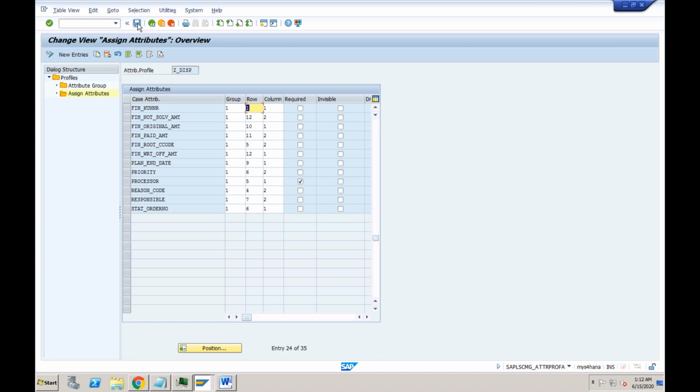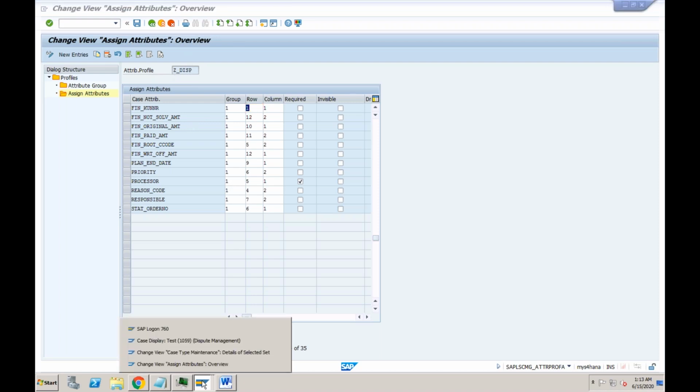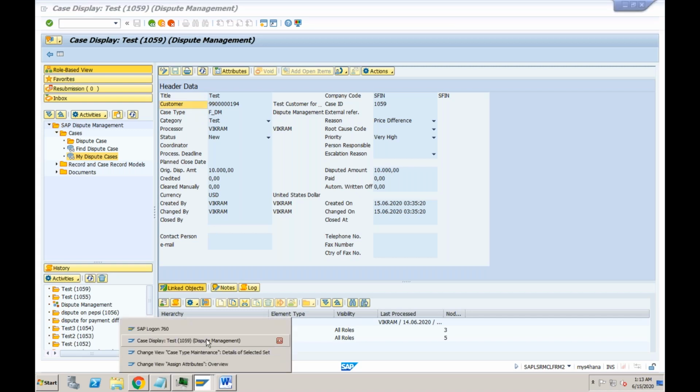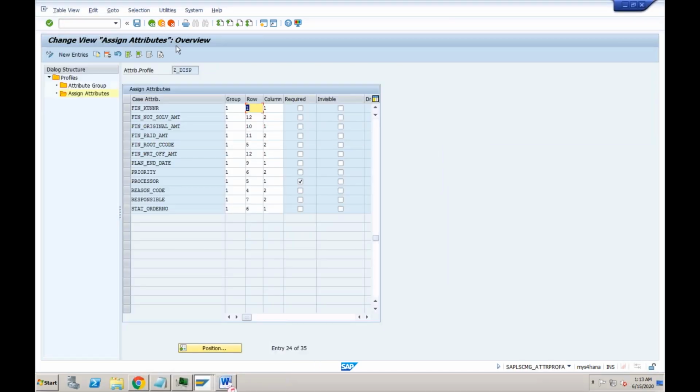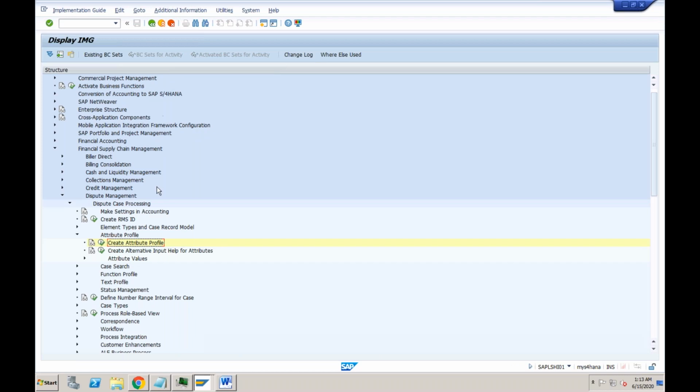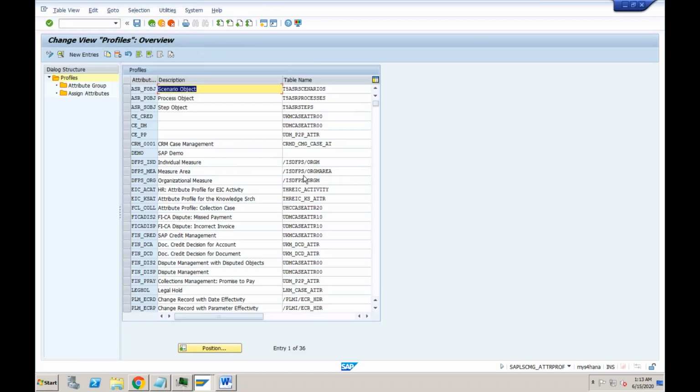Now if I change this, if I try to save it, okay, but again just remember we are making the change in the attribute profile z_disp, and currently what we are using in this case is the standard one. Okay, so it will not make any difference here. This will only be applicable once we assign this particular attribute profile to our case type. Okay, so just for example's sake, so that you should be very clear what exactly is happening, I will first save this and I will make the same change in the standard attribute profile also, just to demonstrate, and later on we will change it.